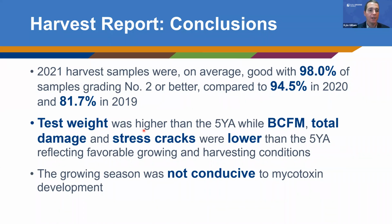corn crop this year. And then, of course, for mycotoxin development, the growing season just really wasn't conducive to mycotoxin development. So in the samples that we tested, we didn't see really hardly any mycotoxins show up